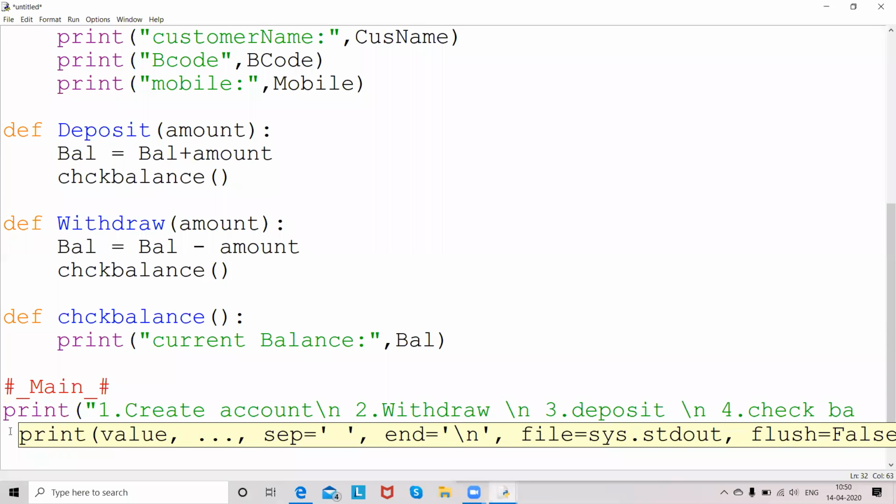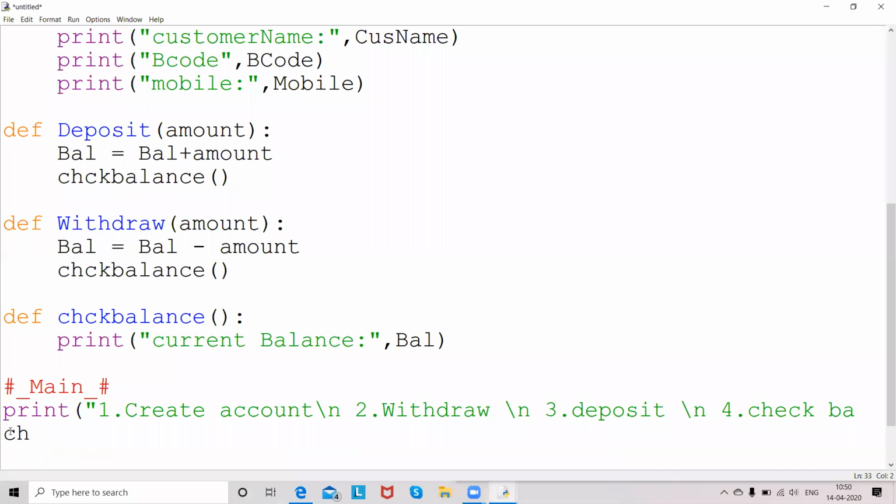Fine. Now followed by, I'll take a simple variable, the choice variable. So choice will be the user input. He has to enter the choice he is making. So int input, enter, or I'll say select any option. So with this, the user will select any one of these 4 operations. Okay, so based on the ch value,